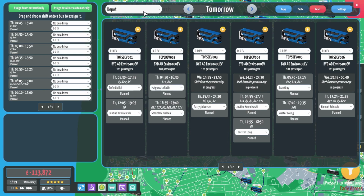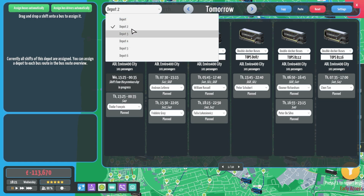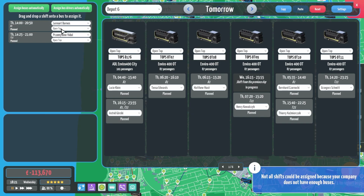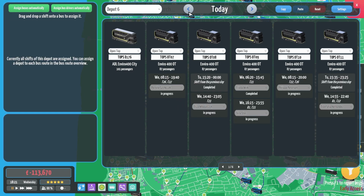Especially since tomorrow I have edited timetables again. Make sure all the timetables are good for tomorrow. And this is one that was having an issue, which is why we've now got another bus here as well. With that being said, let's have a look at all the timetables for today